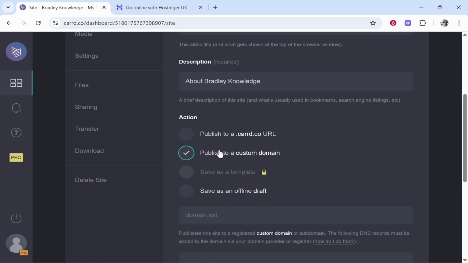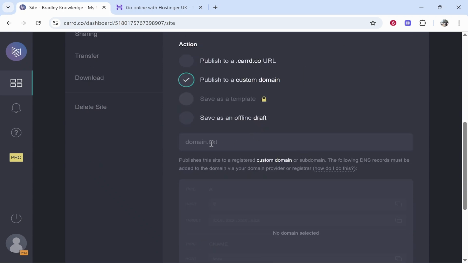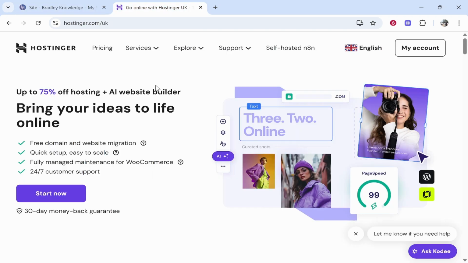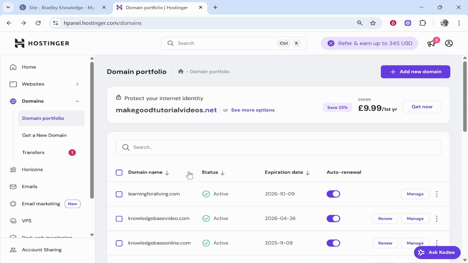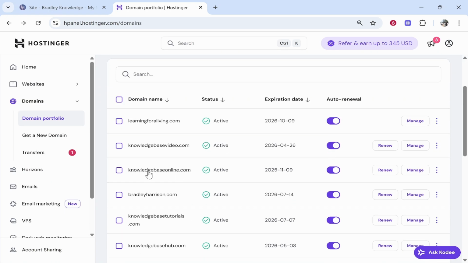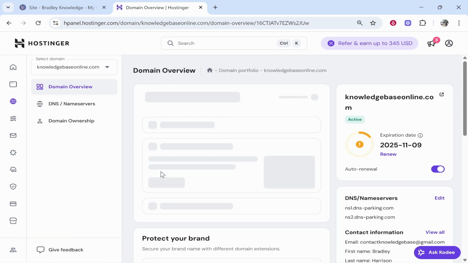After you've done that and you've entered in your details, you can then go ahead and publish to a custom domain. So here you need to enter in your custom domain, and we need to add 2 records on that domain. So I'm going to use Hostinger. I'm going to go to my account and find a domain to add. So what you need to do is find the domain that you want to add or connect. I'm going to use this one here, knowledgebaseonline.com, and I'll click it,